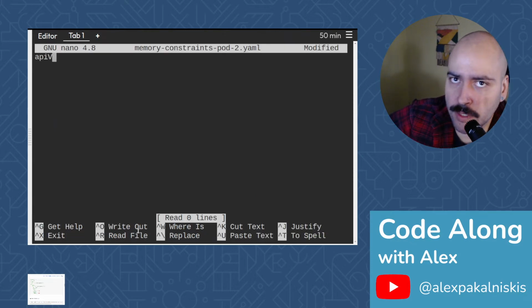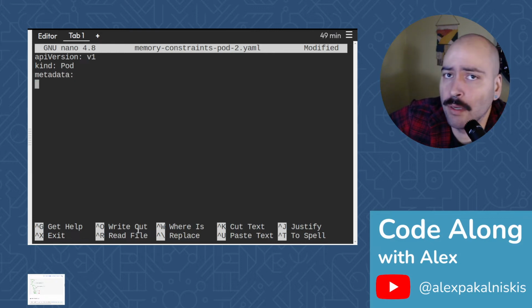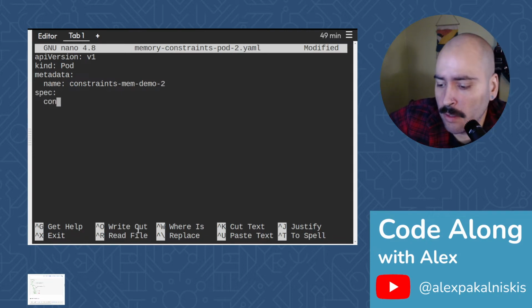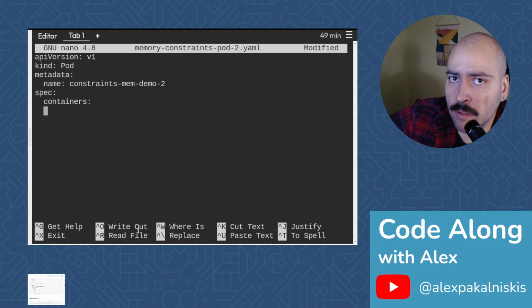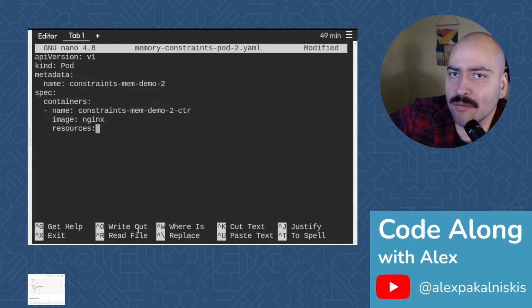Okay, start by declaring the API version, kind, it's a pod, metadata, name, constraints-mem-demo2, spec, containers, name, constraints-mem-demo2-container, image, which is Nginx, and resources, which will have some nested information,